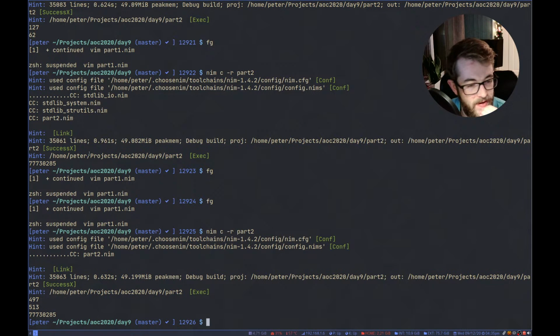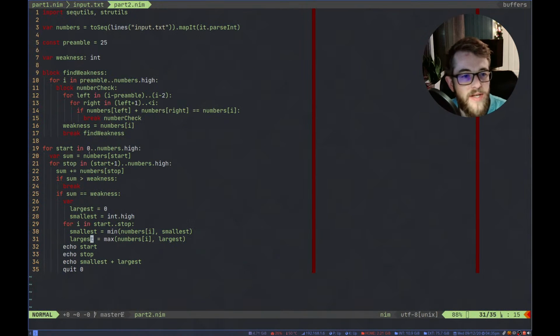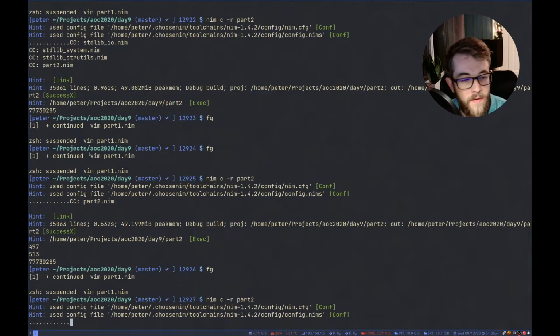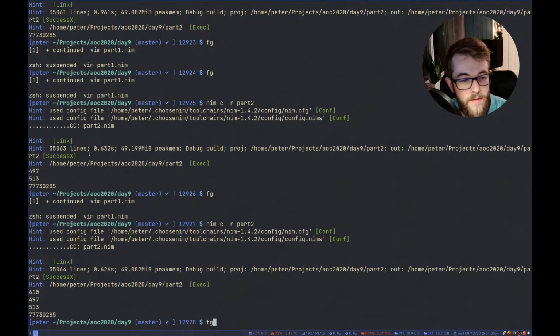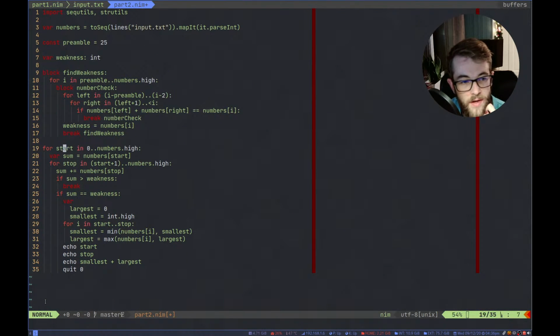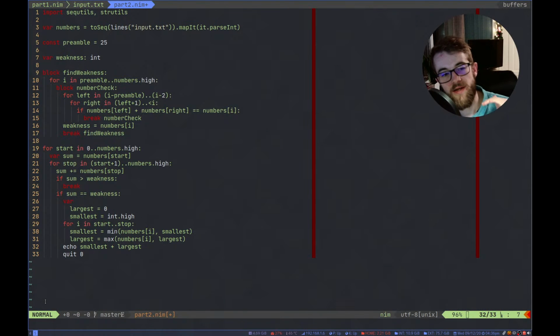Yeah, they're quite far down the list. Yeah, so it would probably be faster to loop the other way around: start at the weakness and work our way upwards instead of starting at the top and working our way downwards.